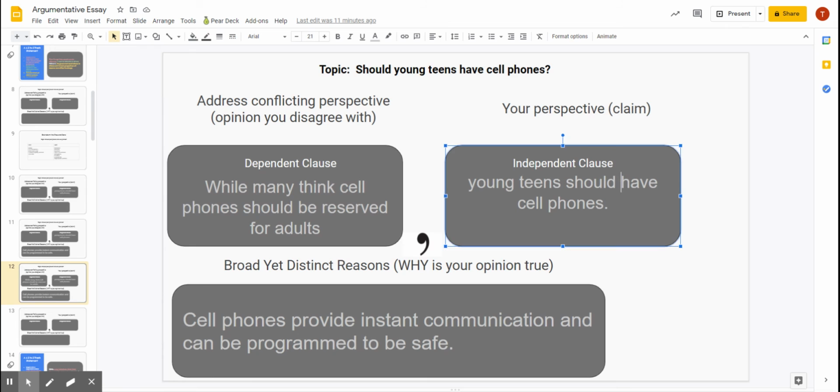Young teens should still have cell phones. All right, so while many think cell phones should be reserved for adults, young teens should still have cell phones. I got to make sure that the wording flows. All right, I could maybe go back and say, while many think cell phones